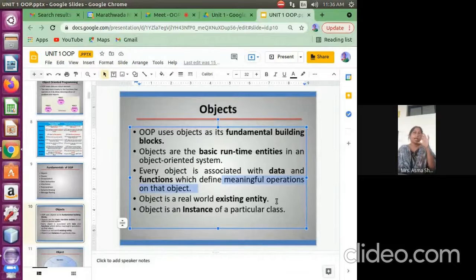These different attributes mention the characteristics of that object. If we write all these attributes, they help you to understand which kind of object it is. For the functionality, we can have acceleration, increasing the acceleration, and brake. These are the functions that operate on the attributes. Hope you understand. Any real world thing we can understand as an object.